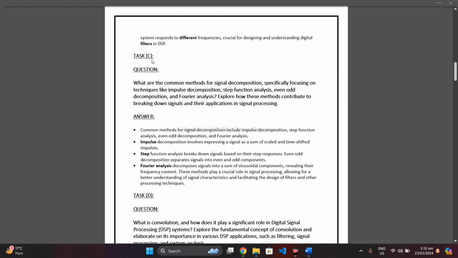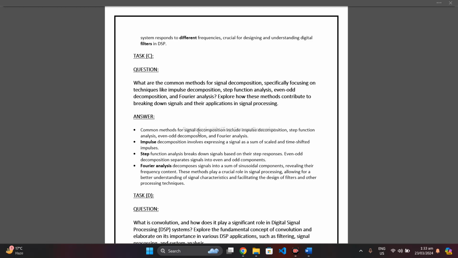Now task number C. Question: what are the common methods for signal decomposition, specifically focusing on techniques like impulse decomposition, step function analysis, even odd decomposition, and Fourier analysis? Explore how these methods contribute to breaking down signals and their applications in signal processing. Answer: